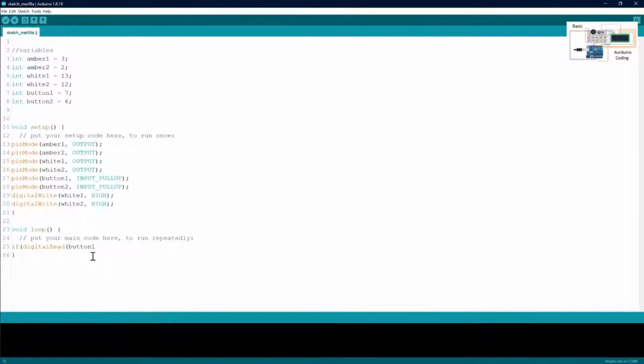Oh no, 7. Yeah, 6. Button 1 is 7. Yeah, that's fine. So if digital read button 1 equals low, close bracket,